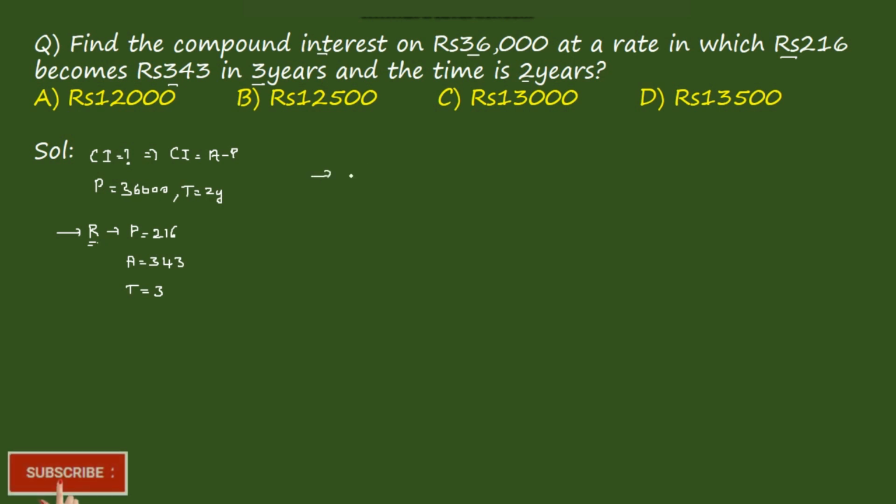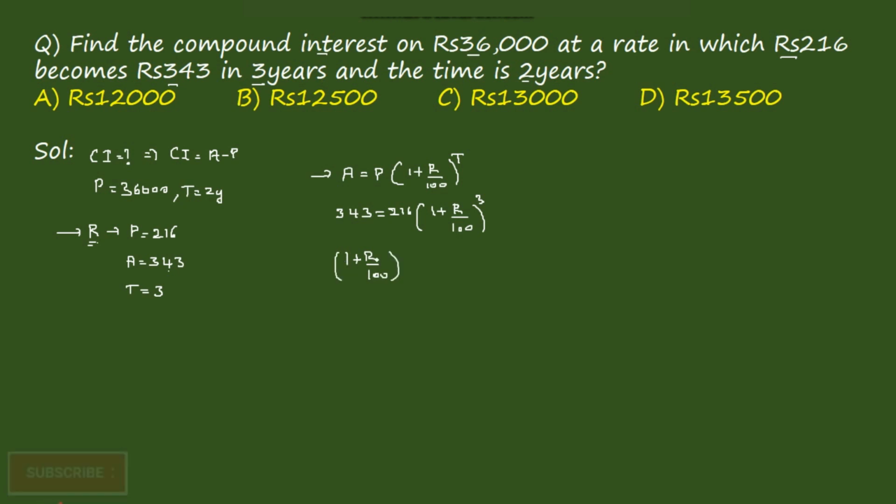The formula is A is equal to P into (1 + R/100) whole power T. In this case, the amount is 343, which is equal to the principal 216 into (1 + R/100), time given as 3 years, right? So we get (1 + R/100) whole cube